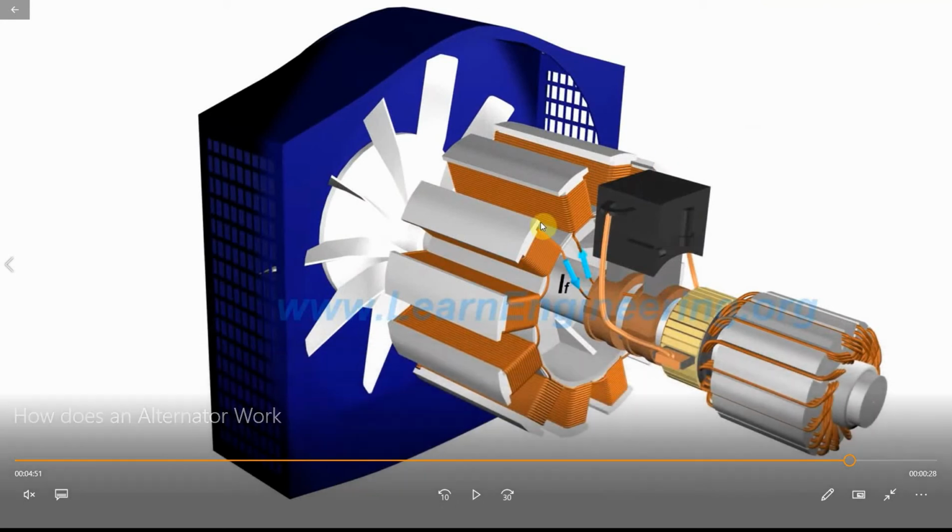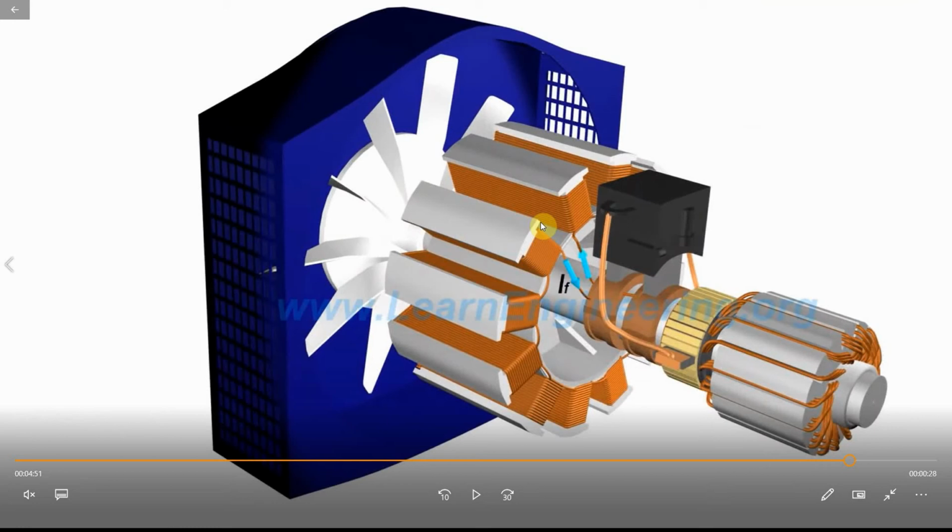Now there are two things: one is the stator pole, one is the rotor pole. Don't get confused between the stator and rotor pole. Let's be very clear. Let's come to the rotor pole. Why is the rotor pole there? Because the rotor pole decides the rotational speed of the rotor. The rotational speed depends on the shaft, and the shaft is connected to the turbine, or in the steam power plant. In a cylindrical rotor, as the speed increases, the number of rotor poles decreases. In a hydro power plant, as the rotor moves very slowly, the number of rotor poles is increased. This is the rotor portion, leave it there.